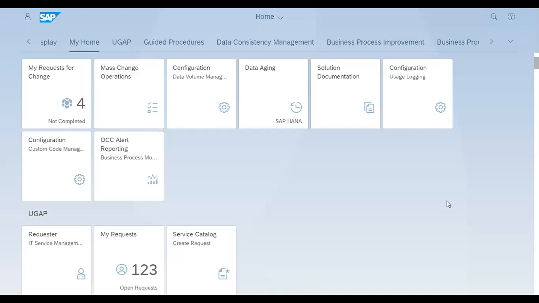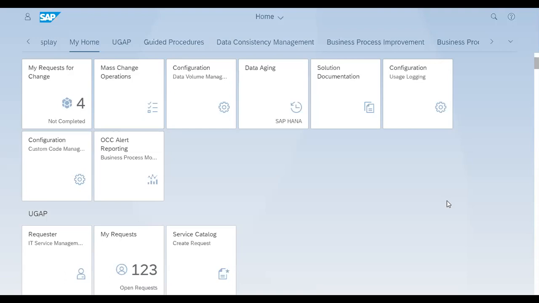And today I'm going to share the configuration and how to use custom code management using SAP Solution Manager 7.2. This video will help you to recognize and identify unused custom code, or if you have created many types of custom codes in different systems. So here you will find all together and options which are available in custom code management.